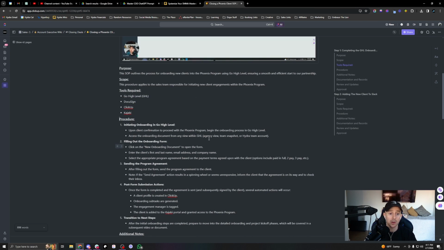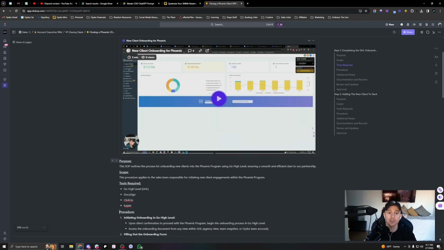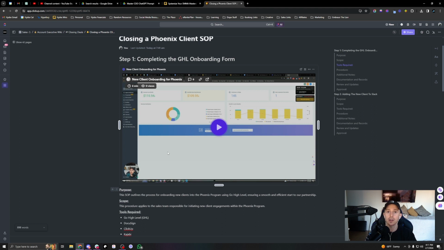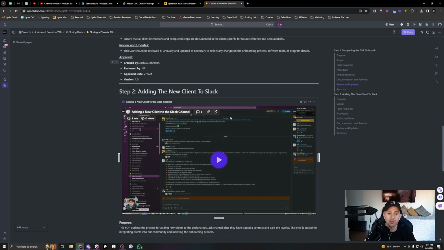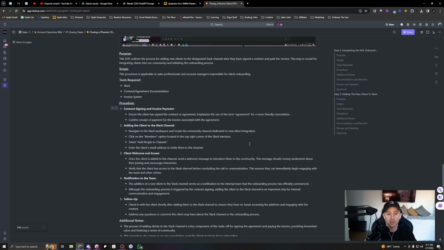So this is how we have it structured. I've also seen this done where you can add columns in and you can have kind of like a split screen of like one half is the structured SOP and written. The other half might be the video. So you can structure it any way that you want. This is how we structure them. This is step 2 in our process and the Loom video that goes with it, and then the procedure that